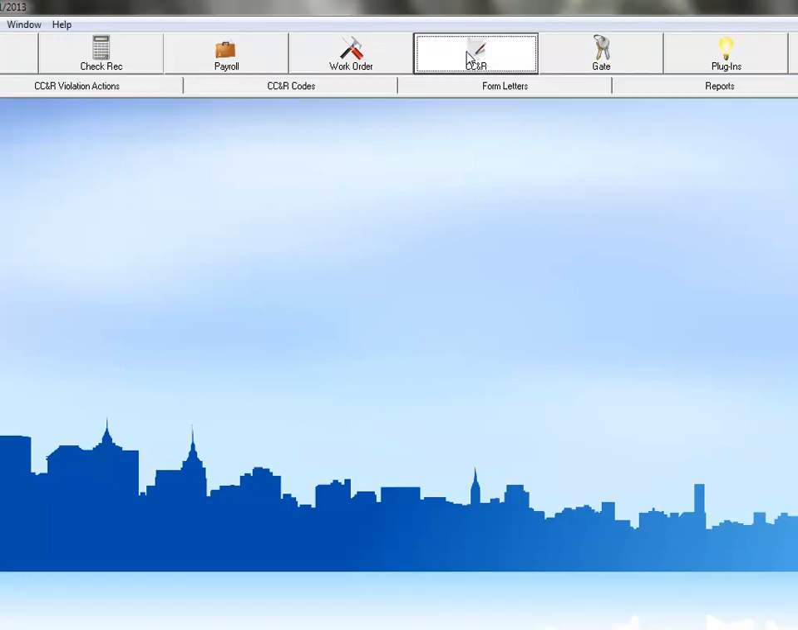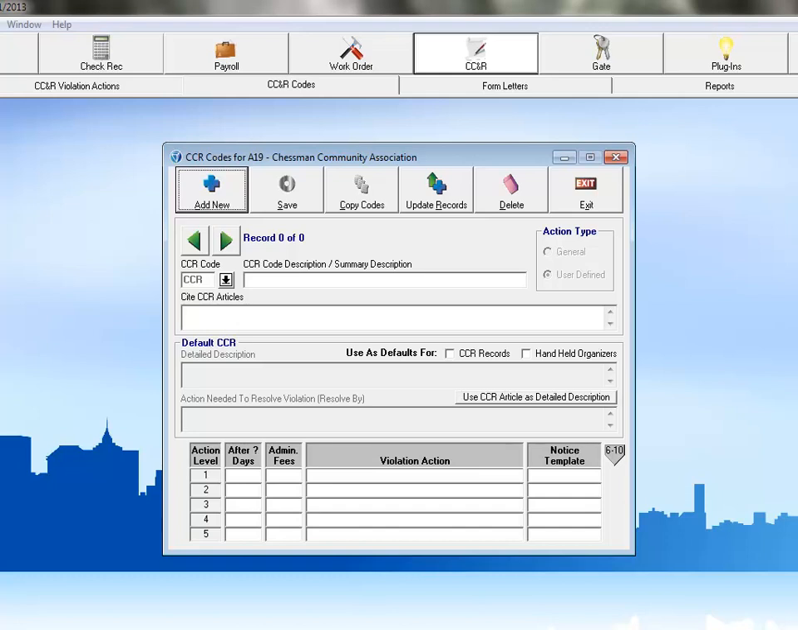and then CC&R codes. CC&R codes are designed to help you save time. When you set up a code, you'll enter in standard language based on the type of violation you are dealing with. When it comes time to create the actual CC&R record for an owner who is in violation of the